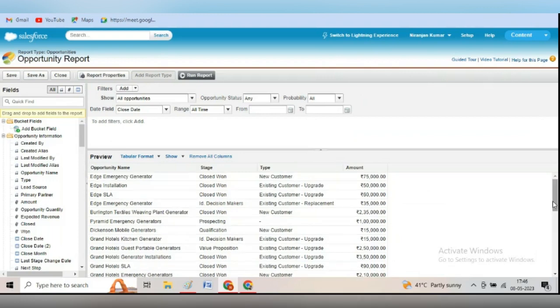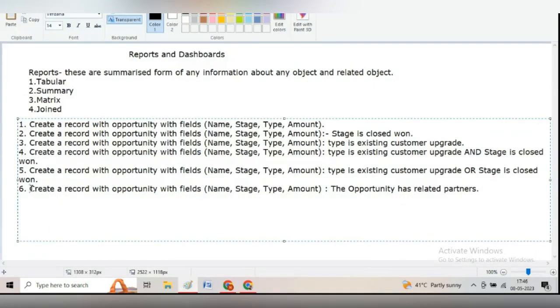Now suppose there is another requirement, and the other requirement is I want to see the top three opportunities. The client wants to see the top three opportunities. So in that case, we have to create a view where the top three opportunities will be available. So top three opportunities,